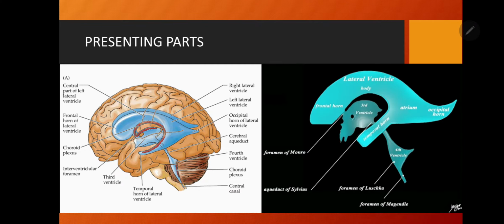So when you see the lateral ventricle from the left lateral view, you will see the different parts. That is the anterior horn, also known as the frontal horn, as it is located in the frontal lobe. That is the posterior horn, also known as the occipital horn, because it is located in the occipital lobe, and the inferior horn, also known as the temporal horn, as it is located in the temporal lobe. And you can see the central part or body, located in the parietal lobe, and you will see the junction there called the atrium between the occipital horn and the temporal horn.